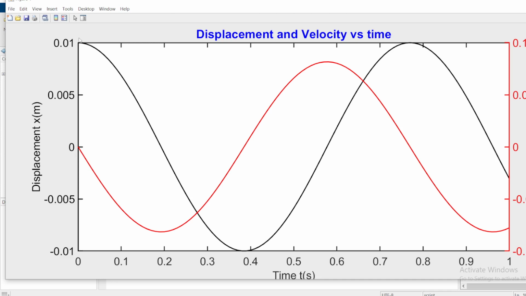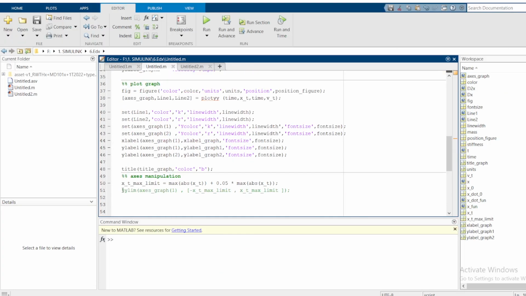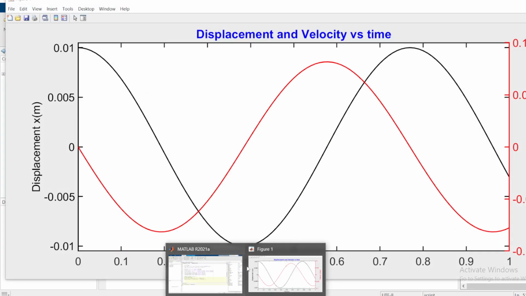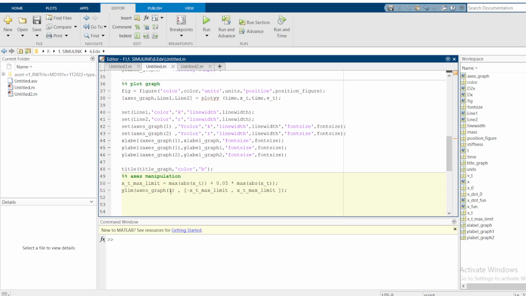But I want to have some amount here on the axis. Therefore, I'm using this ylim here. If you remove that ylim, see, I'm getting some amount here on the axis, and my graph line 1 doesn't touch the limits. Okay, same case applies to the